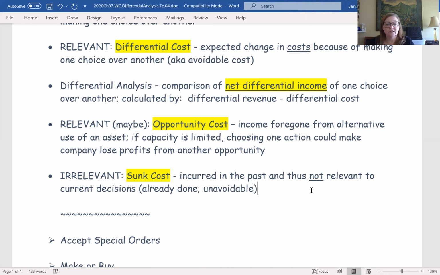And so costs that are incurred in the past and not relevant to the current decisions are called sunk cost. So that's the only one on this list that's actually irrelevant, and it's always been irrelevant because sunk cost is not a good way to decide anything. A lot of people in real life use sunk costs for decision making, and it's not a good plan because it is a mentality that says I can't abandon that concept or that product at this point. I've invested too much in it, but that is not